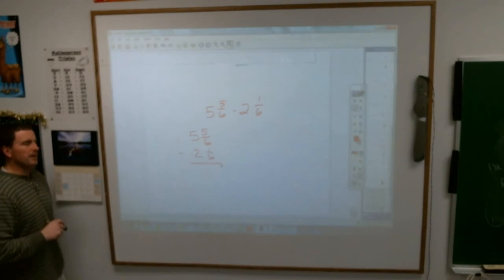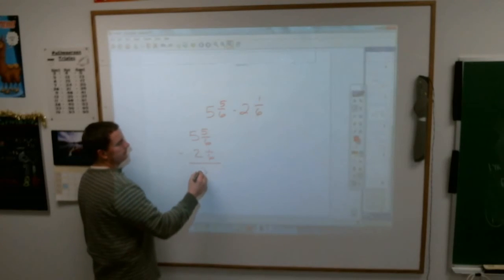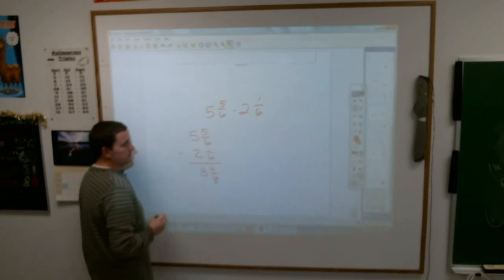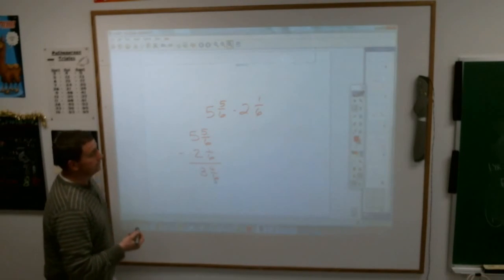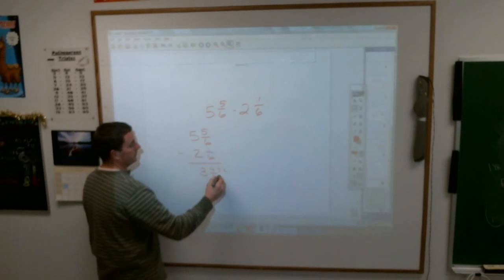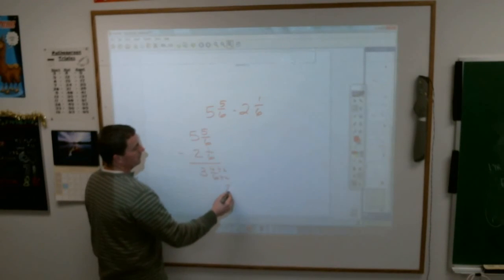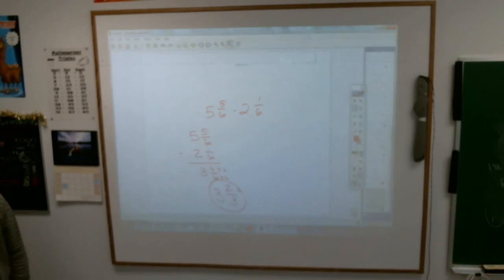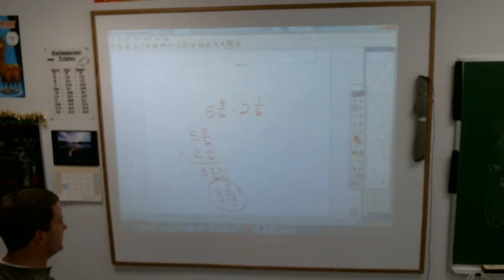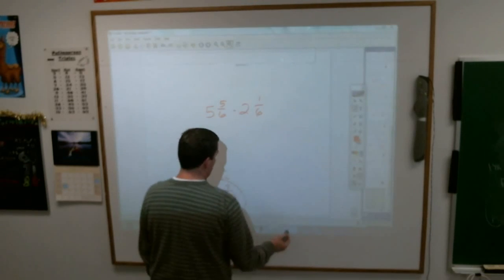What did you get when you subtracted? 3 and 4/6. But you can't keep 4/6 because it can be reduced. What do you divide it by? 2. Cut it in half, sure, divide by 2, and you end up with 2/3. Your answer should have been 3 and 2/3. Any questions on that? Believe me, you'll hear it more times than not. And some of you probably will get some wrong because you haven't done that, but you do always need to reduce to